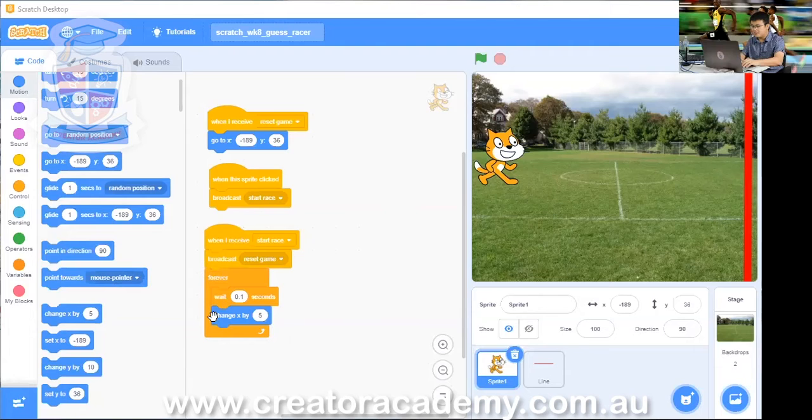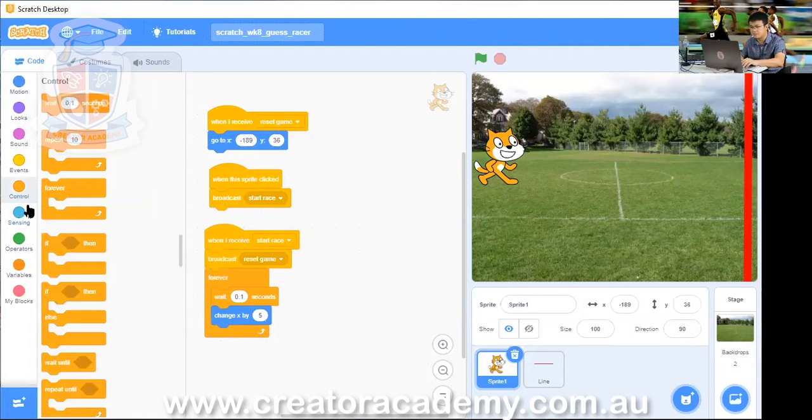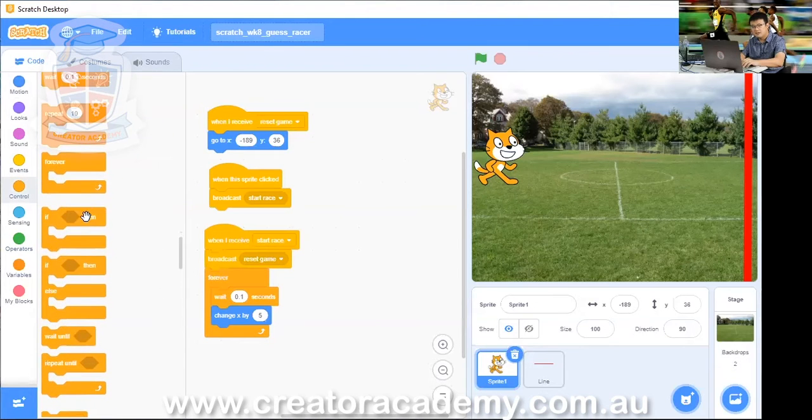After change x by 5, we're going to put an if block inside the forever loop. So go into control, and then we want an if then block. See it? If then. And then we drag it so that it's just after change x by 5.